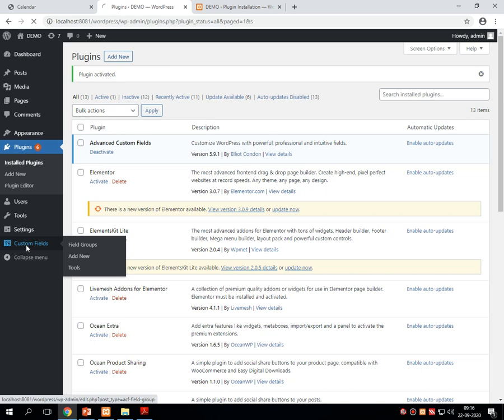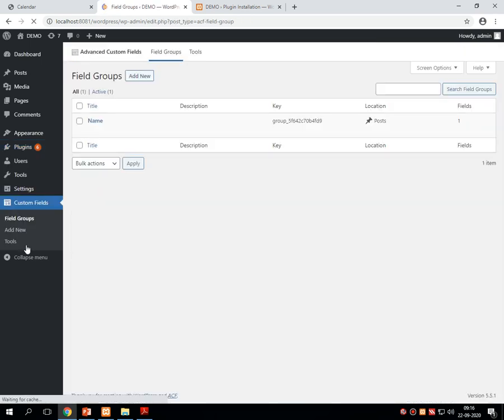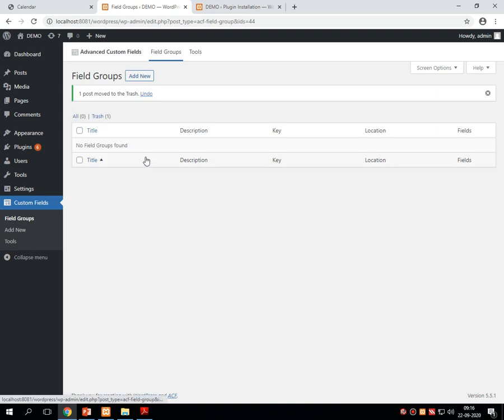So just click on custom fields. I have created one custom field. Let me remove it. That means the first time you click on custom fields, it is blank just like this. Just click on add.